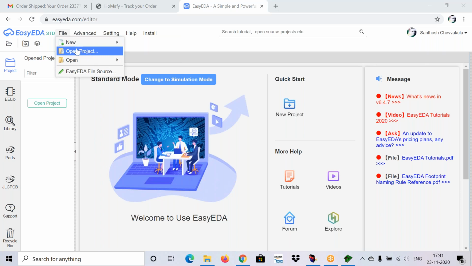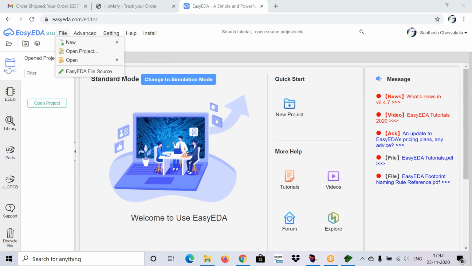In advanced options, if your document is deleted, you can recover it by going to the document recovery option that is provided. And in settings, there is no need to change anything.